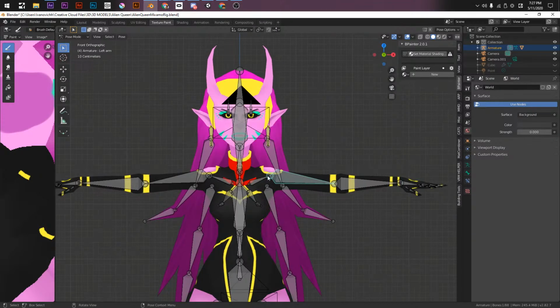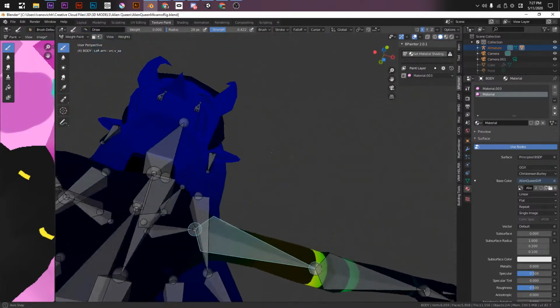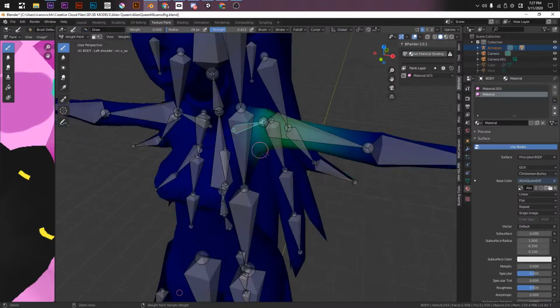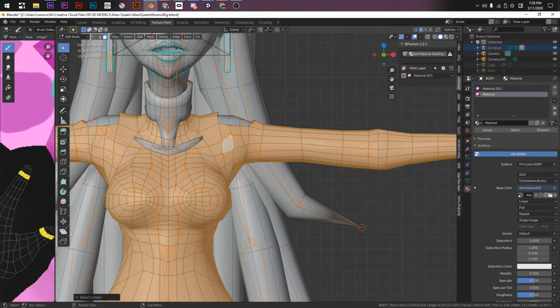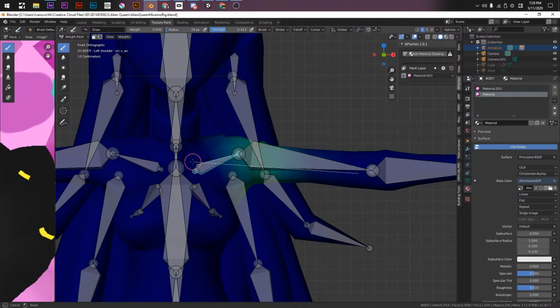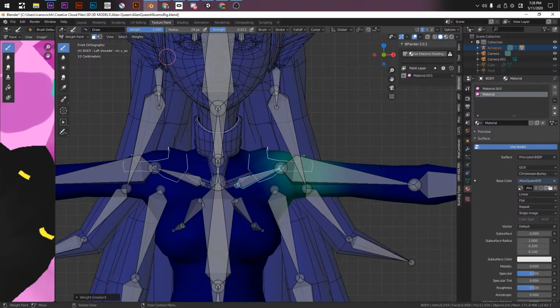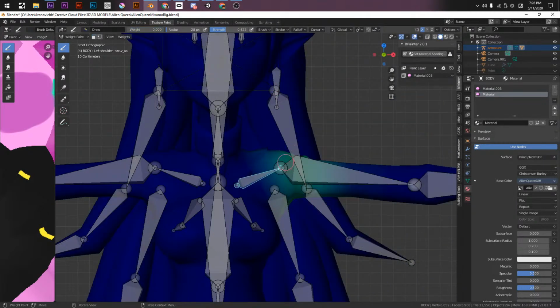Oh yeah, now that I remember, I have a big problem with the arms. Weight paint, select the bones, remove this thing. My weight painting is not very good. It's not what I want it to be. It's not working as I want. So I'll remove some excesses where I think it shouldn't be. For example, in here, if I move it, you can see that it's moving basically the arm and not the...